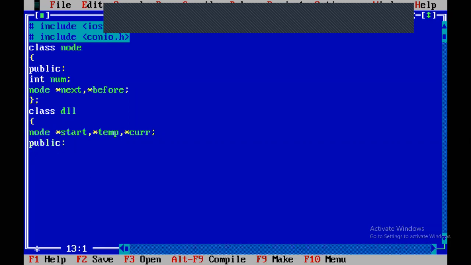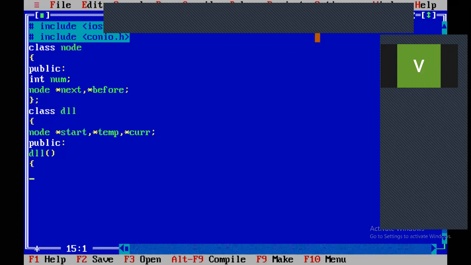You already know that a constructor is a special member function which is used to initialize the data members of an object. So DLL is the constructor. In the DLL constructor, I will make start equal to null. This is the constructor.